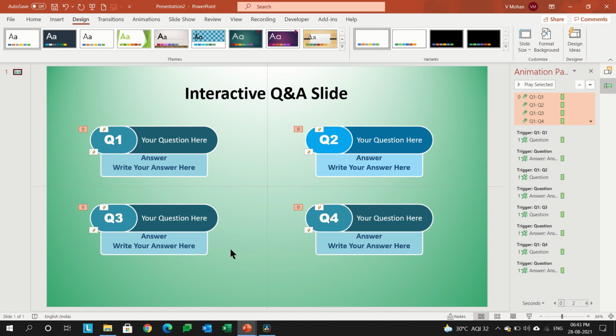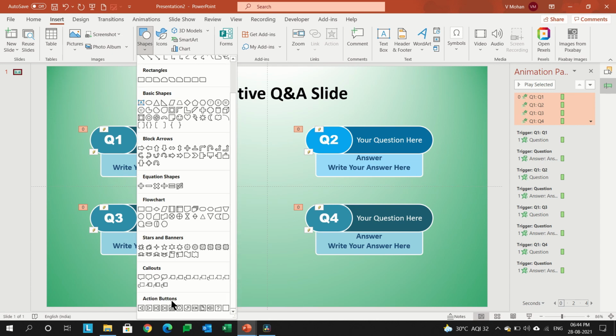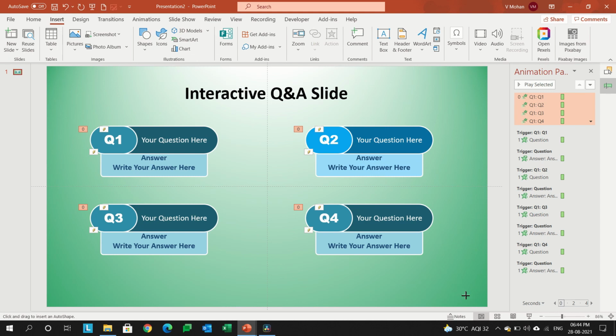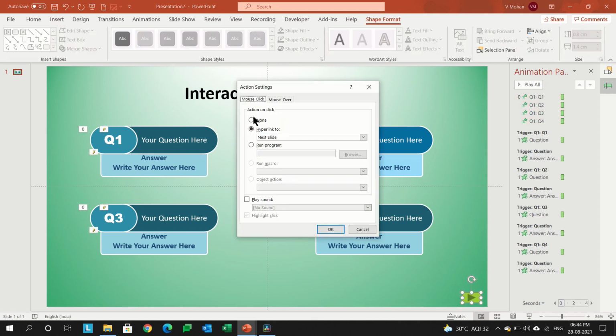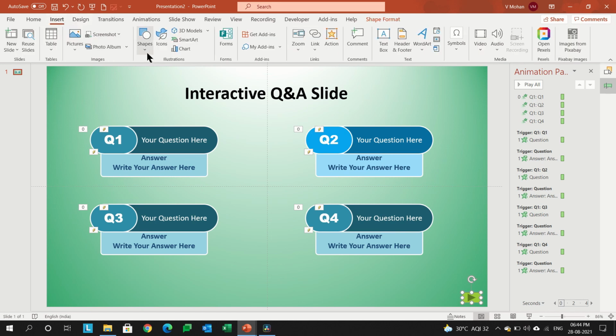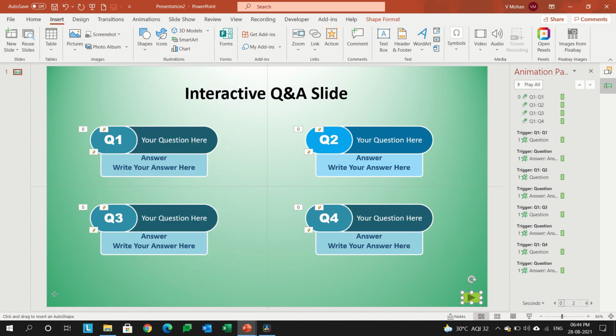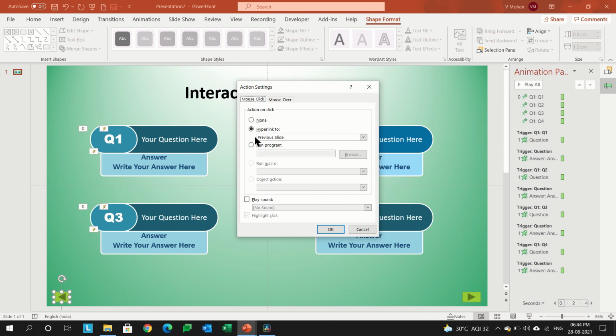If you want to move from this slide to the next slide, you have to insert a button over here. Go to Insert, Shapes. At the bottom of the list, there are Action Buttons. You have to select the action button, Go Forward or Next. Click on this button and just drag it over here. It will show you that it is to move to the next slide. Give OK. If you want a similar button to go to the previous slide, you can go and insert another button at the left end. Click on this and just click on the end slide. So this will go to the previous slide.